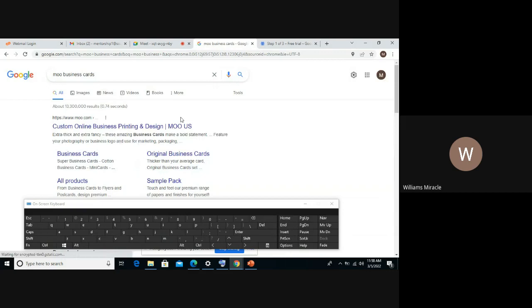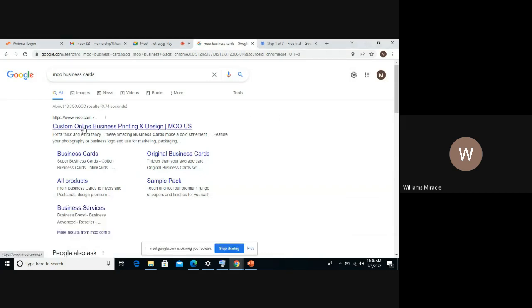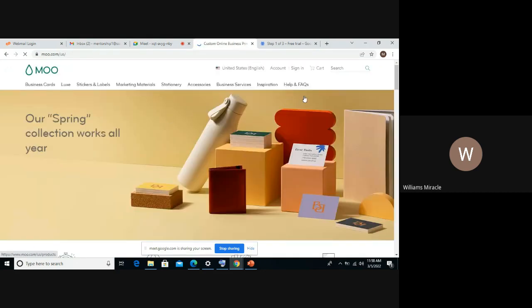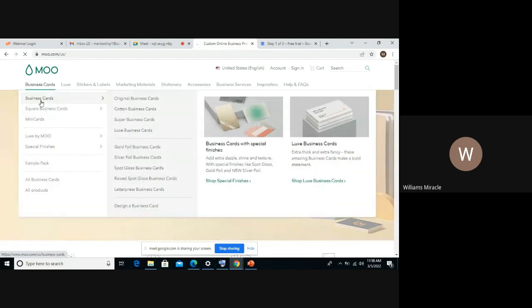Okay. So you can see it's a good tool for you to be able, like I said, to prepare business cards. You can come to the business card section. There are a lot of business cards over here for your business, depending on what you want. Is it a mini card you want?